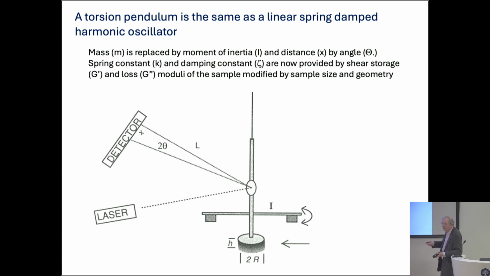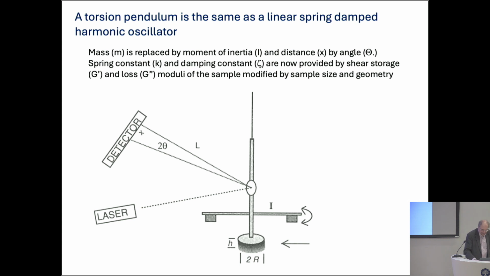So that's something we know we'll be able to calculate. And the spring constant and this damping constant are now both hidden in the material that we're going to measure. So both the elastic resistance and the dissipation are sitting in this material that we're measuring, and we're going to introduce a resonance to the pendulum and calculate the frequency. So the frequency will give us a measure of the shear modulus, and the damping constant will give us a measure of the dissipation. All right, that's the idea.